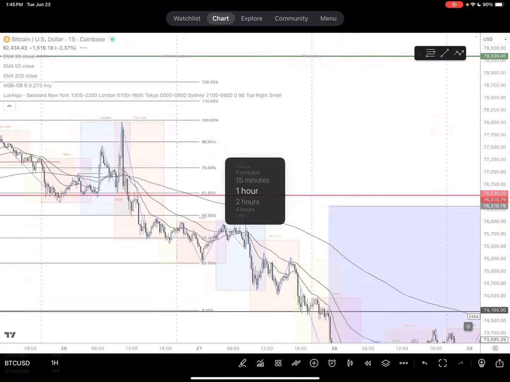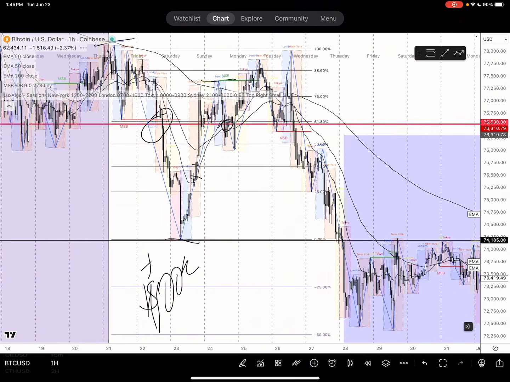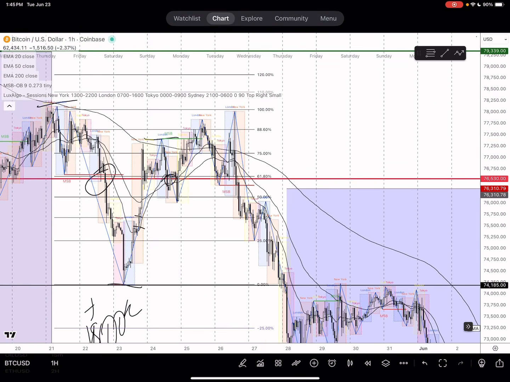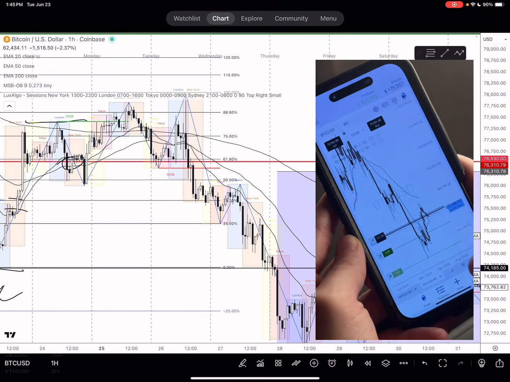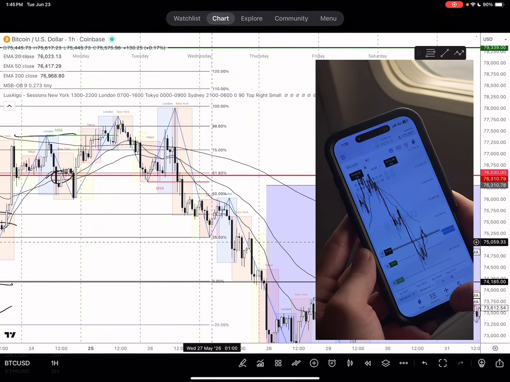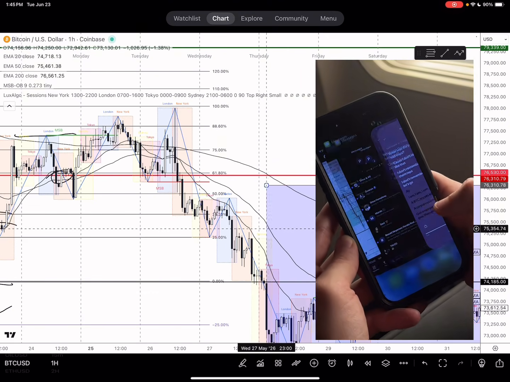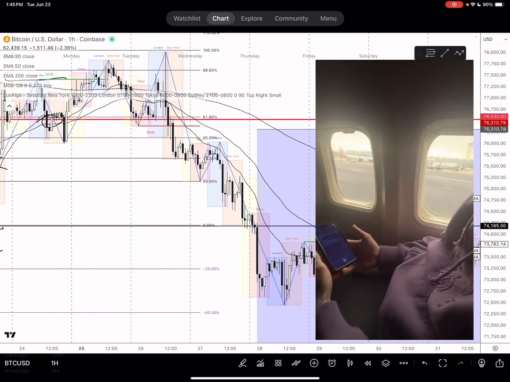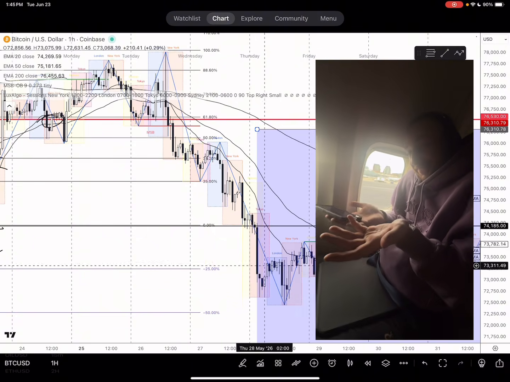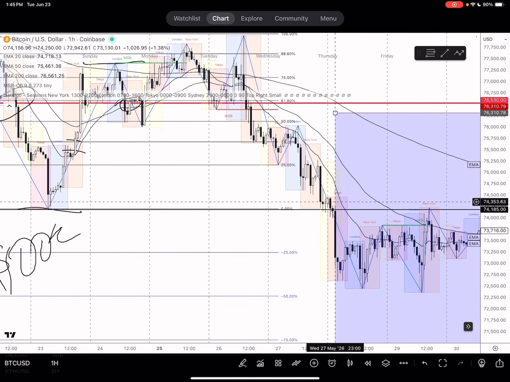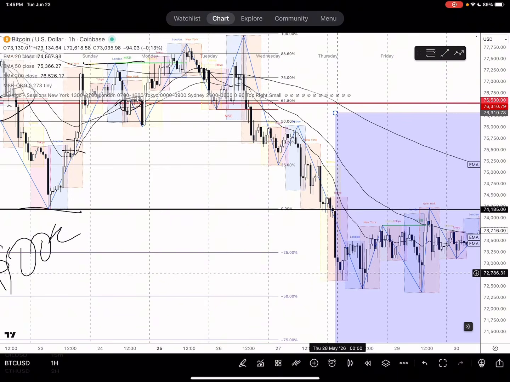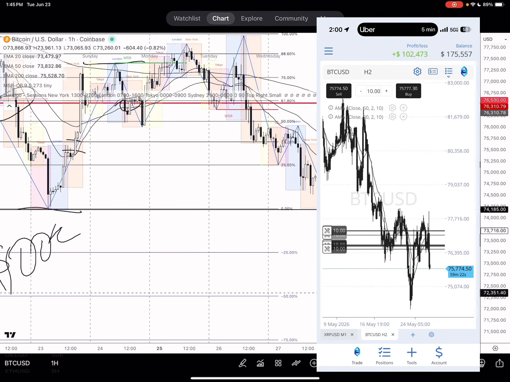So even if you maintain using H1, this is where we're seeing price. Let me turn these on. Actually, I'll leave the sessions off right now. We're seeing price making lower lows, lower highs. The sessions are all respecting. Everything is very smooth. We get to the negative 25%, which at this point, breaking this previous low was relatively easy. So it broke this low, it retested it a little bit on the lower time frames, and then just continued to make its way almost to the negative 50%